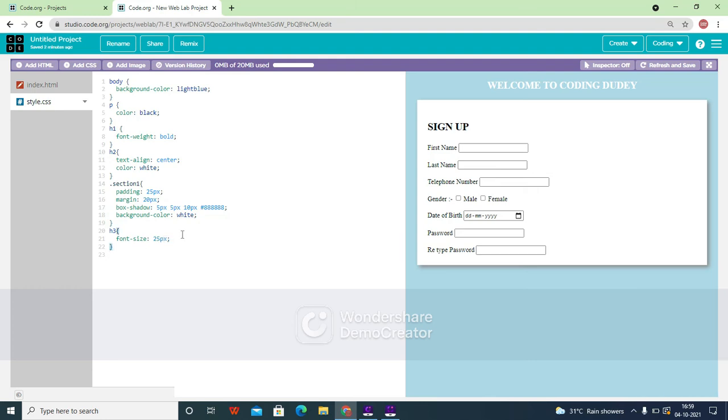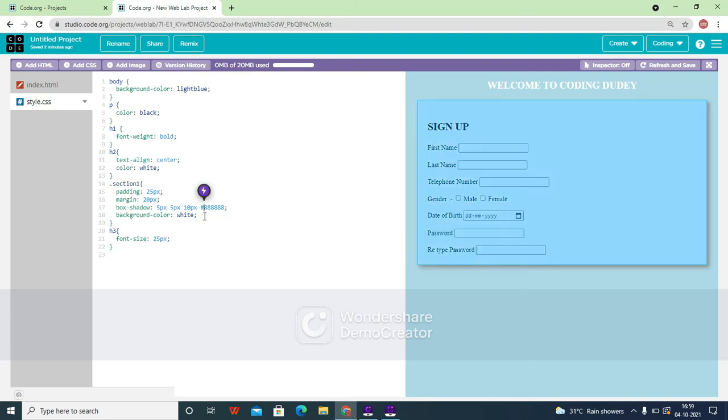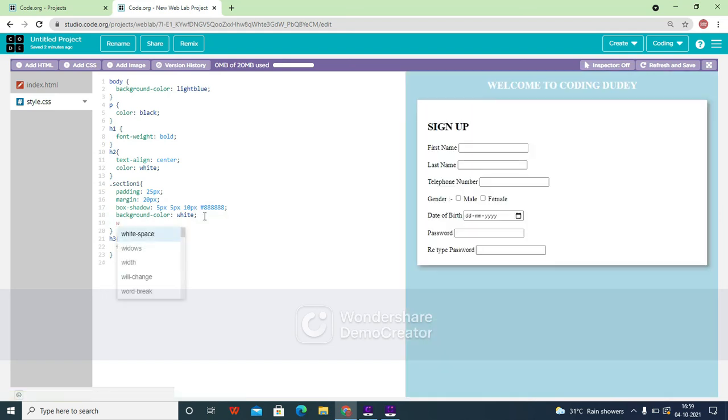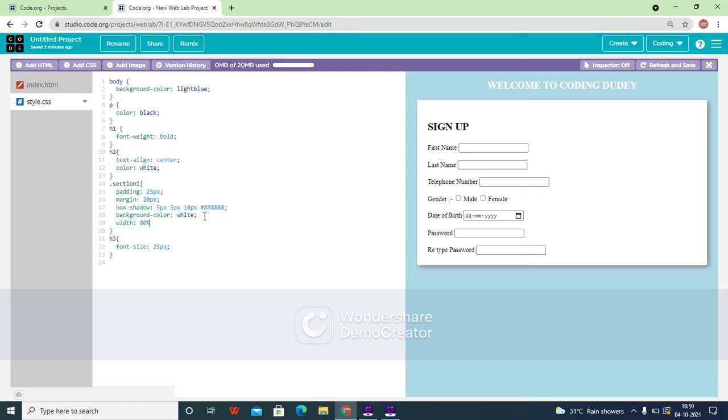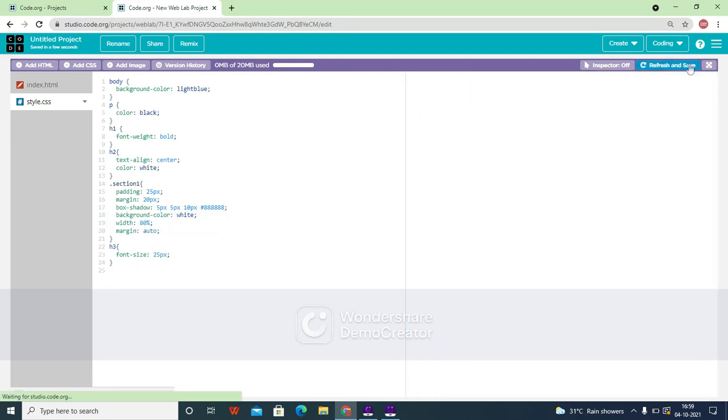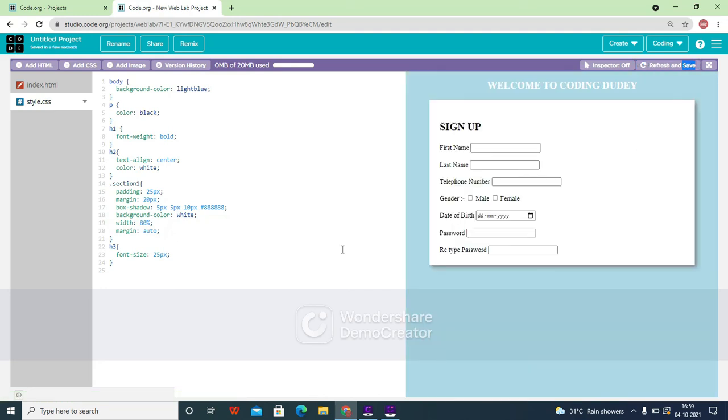So now again you have to set the width. Okay, let's set the width to be 80% and the margin to be auto, which is to make it look onto the center. Okay, yeah, this is onto the center right now. Now let's give input.